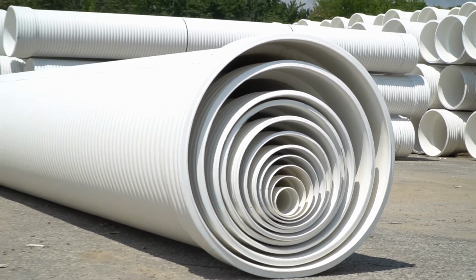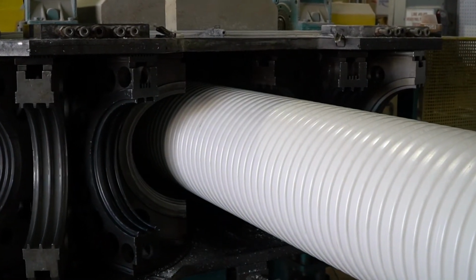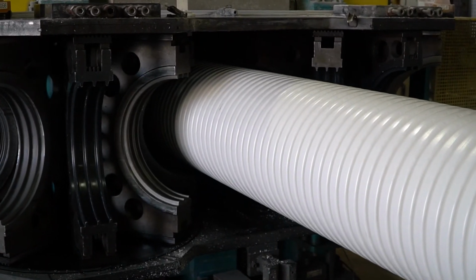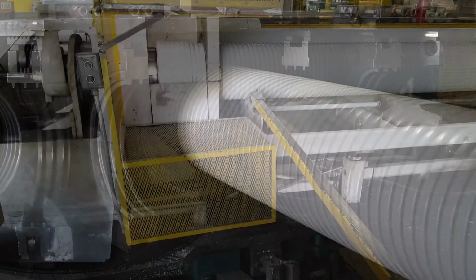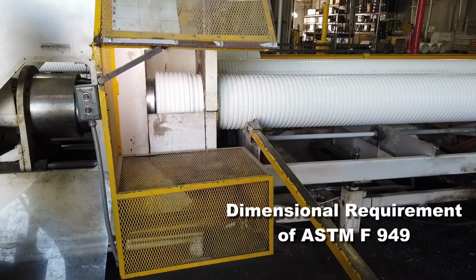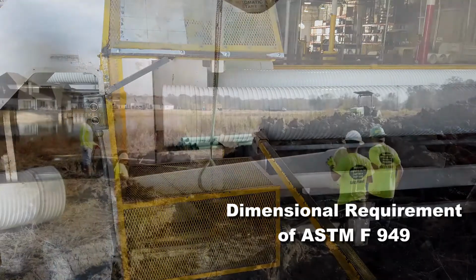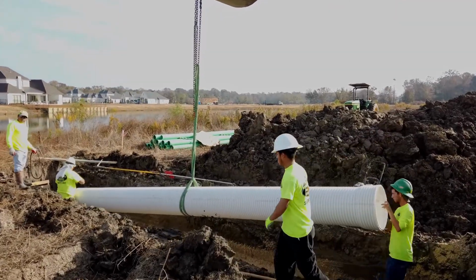Contech's A-2000 PVC pipe is compatible with solid wall sewer pipe and standard manhole connections because of its controlled outside diameter. This can eliminate the need to stock a second line of repair fittings. It's manufactured to the exacting dimensional requirements of ASTM F949,